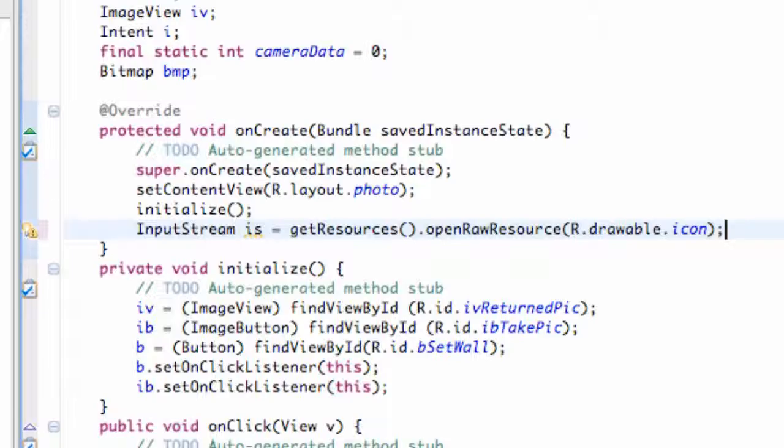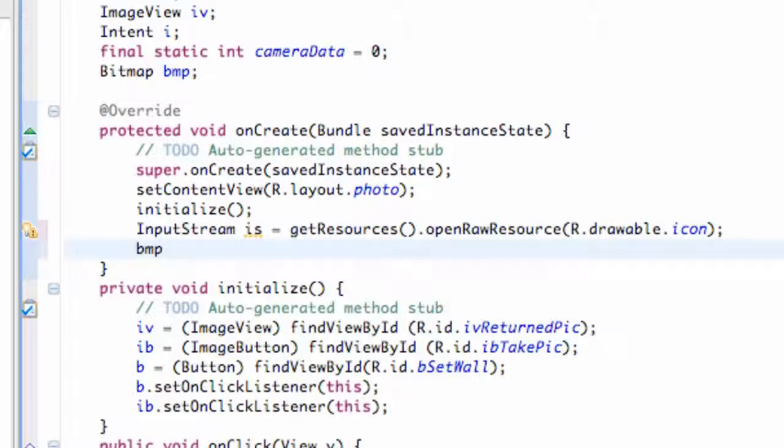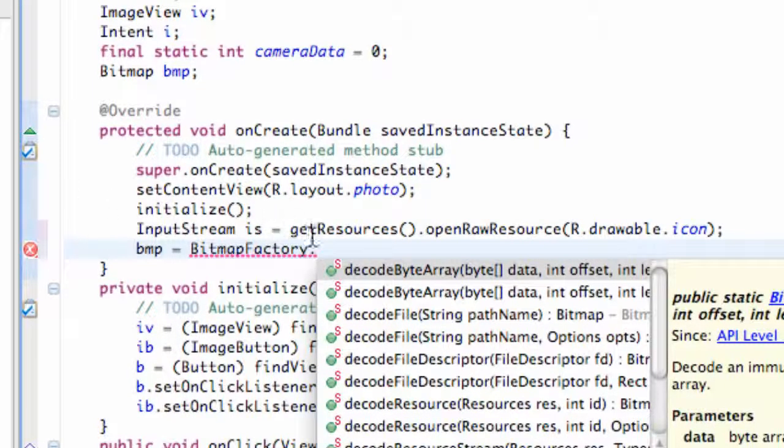So basically we set up an input stream, and now we need to decode this input stream as we set up our bitmap. So we're going to say bitmap, our bitmap variable, and we're going to set it equal to this input stream. But we have to decode an input stream for the most part. I know this is kind of confusing as well, but just to get our application working, and we'll get into more detail as we go through the series. Promise you guys. And we're going to refer to the class BitmapFactory. We need to import this class. It's not allowing us to do so yet. So we just hit BitmapFactory dot decodeStream,